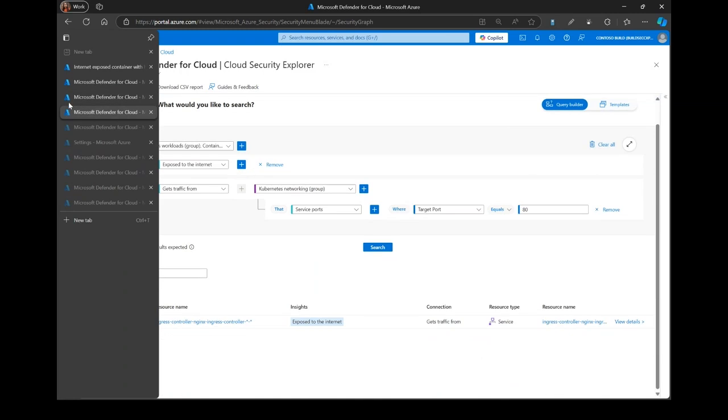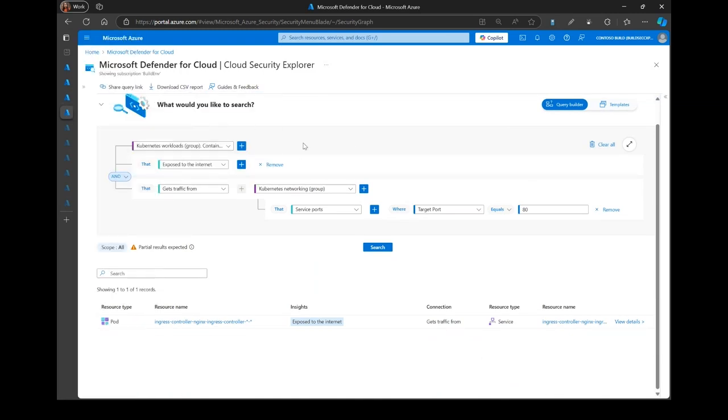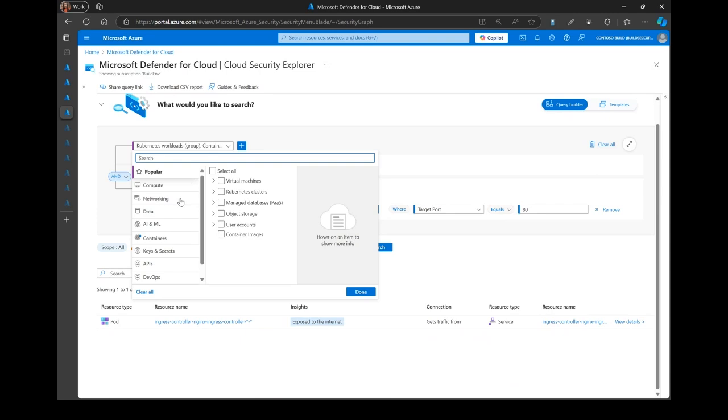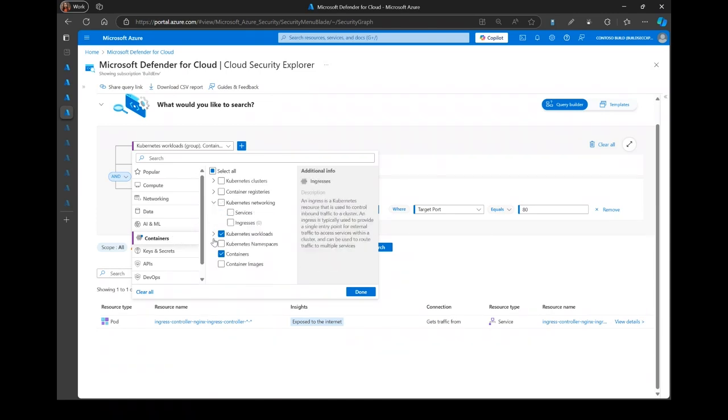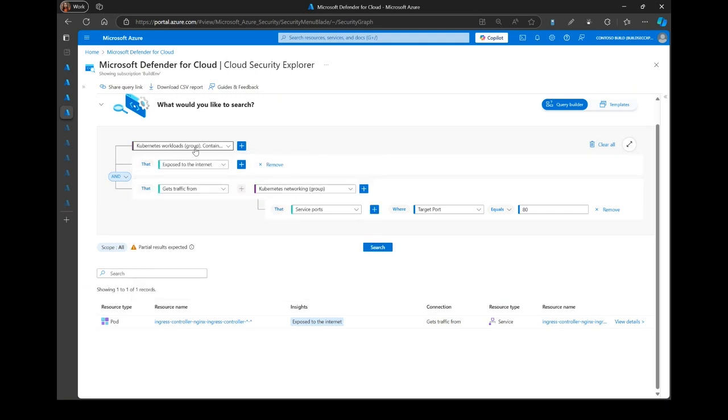Now, that was a look at the RBAC data, and as we saw in the attack paths as well, we also saw the information on internet exposure, which is also included in the Cloud Security Explorer. So we've added additional enrichments for Kubernetes networking. So you'll see here in containers, you can select the services or ingresses for networking. In my search here, I'm showing how you can see which Kubernetes entities are exposed to the internet, and then